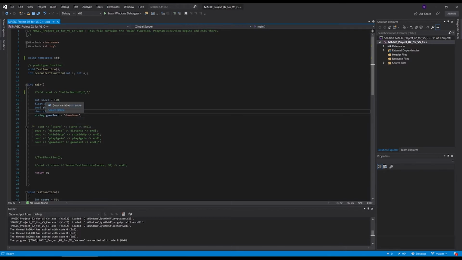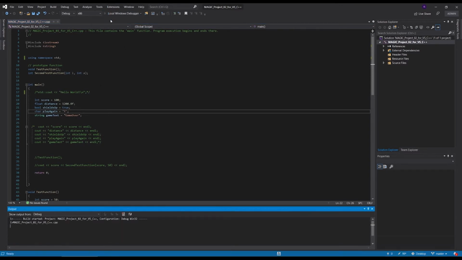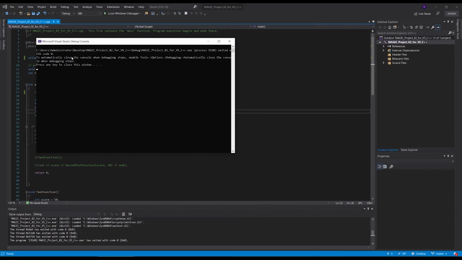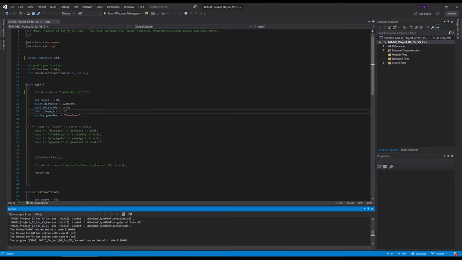All right, so we already assigned each data type its own numbers and true and false and stuff like that. So let's hit play, see what happens. Okay, none of them showed up. So why is that? Because